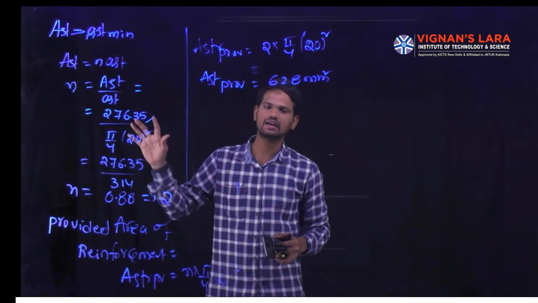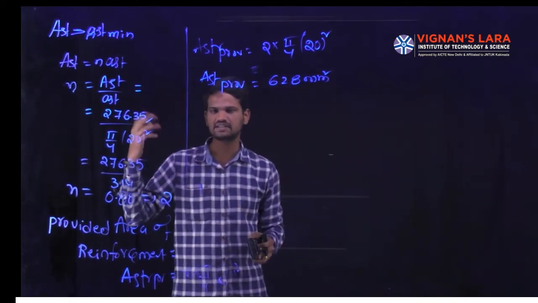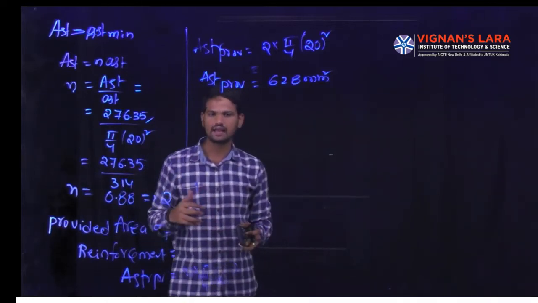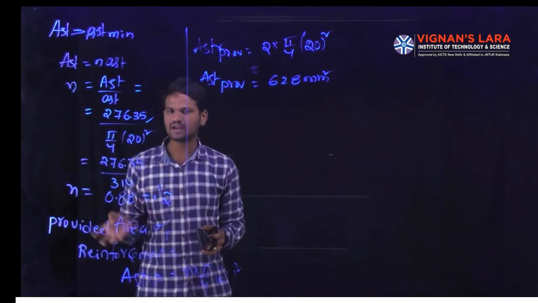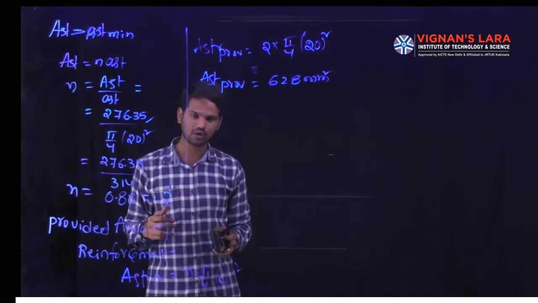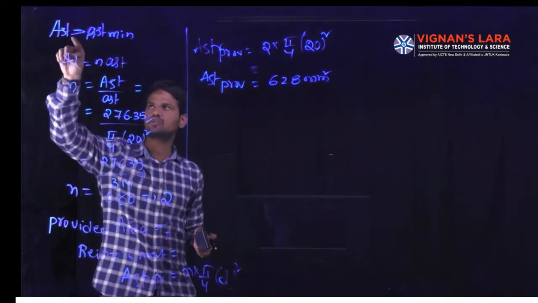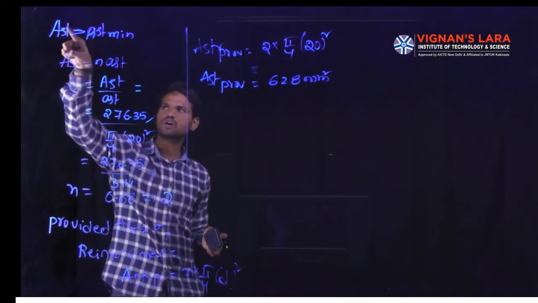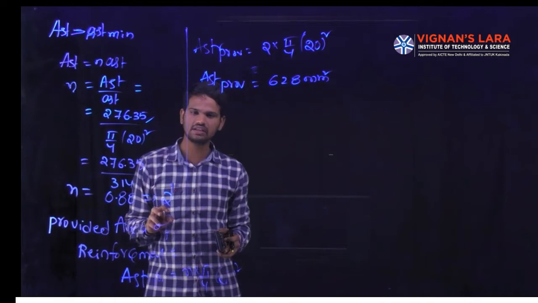First we calculated the area of the steel required based on the moment, based on the load acting on the beam. Later we calculated how much minimum reinforcement we have to provide in the beam, and what is the maximum area of reinforcement we have to provide in the beam. After that, we always have to ensure that the maximum area of reinforcement is greater than the minimum area of the reinforcement.